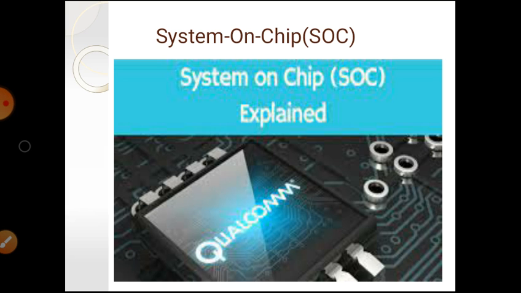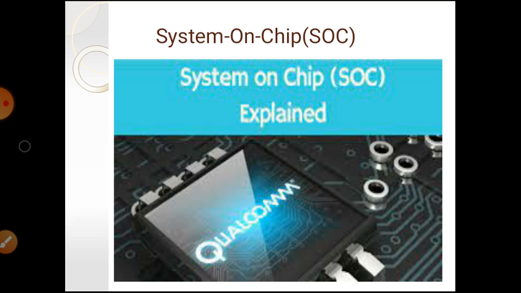In a previous video, we discussed the number of network access devices, and now in this video, we discuss the second chapter of embedded system design, that means architecture of system on chip. To discuss the architecture of system on chip, first we have to know about system on chip. It is shortly known as SoC.